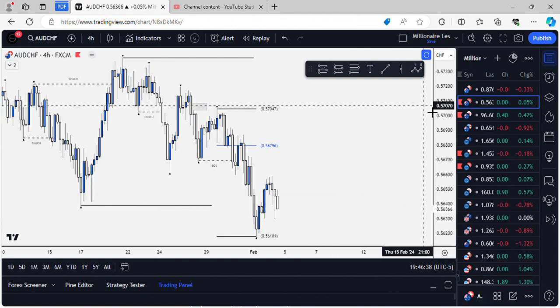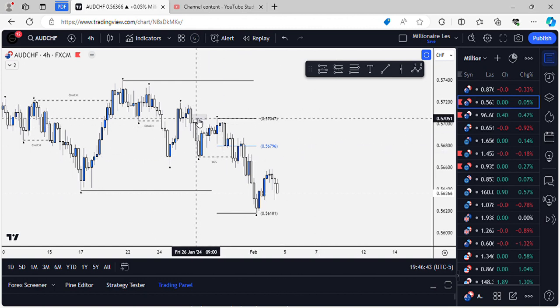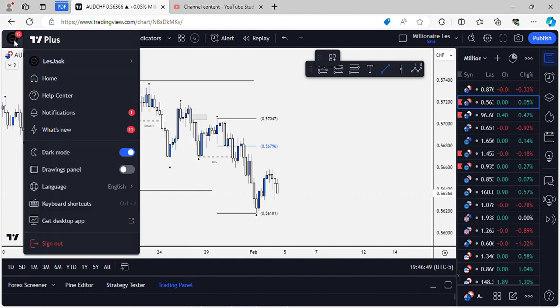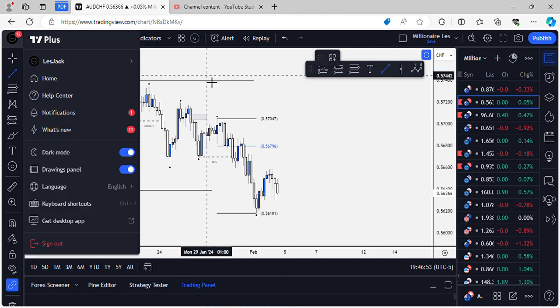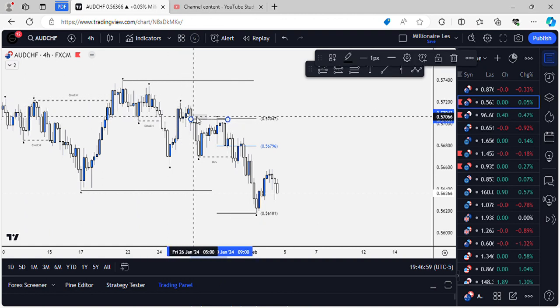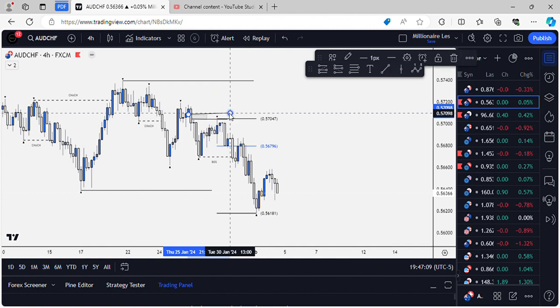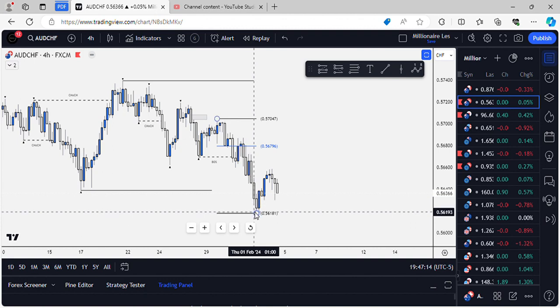Prime example, AUDCHF. It had the break of structure, and a minor liquidity grab right here. Well, let me turn off my magnet. I don't need it to be precise, but I had my quote unquote minor liquidity grab, and/or entry into some type of order block or fair value gap. In this case, it was a fair value gap, with an order block on a bigger time frame. So, break of character and price is pulling back.